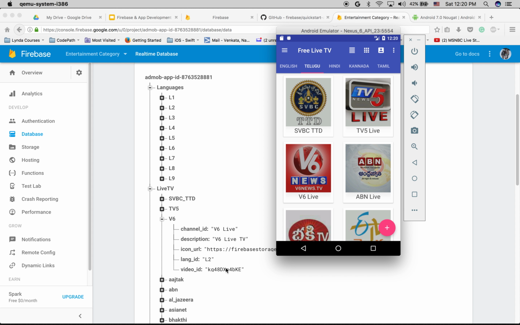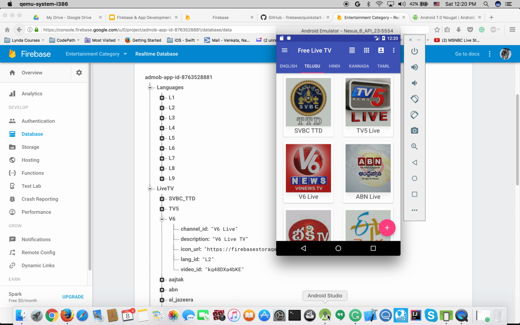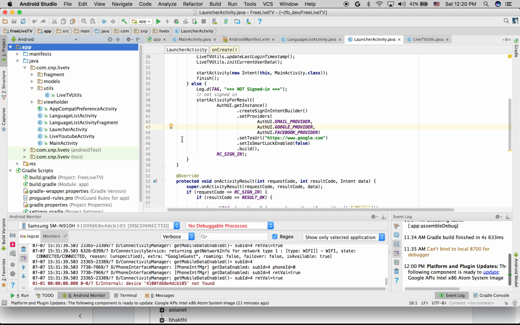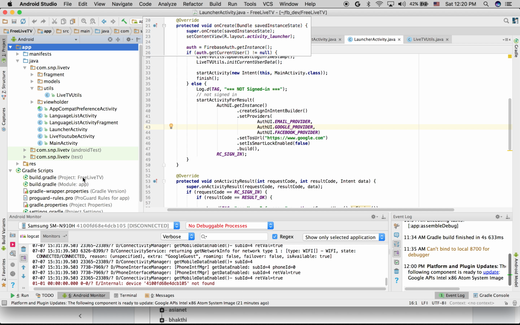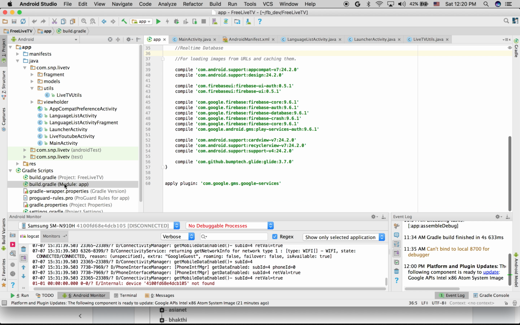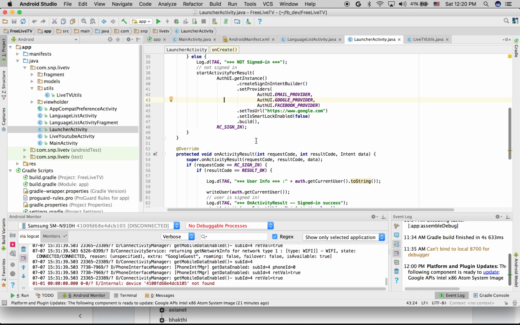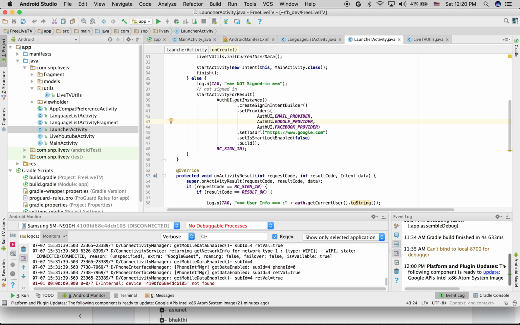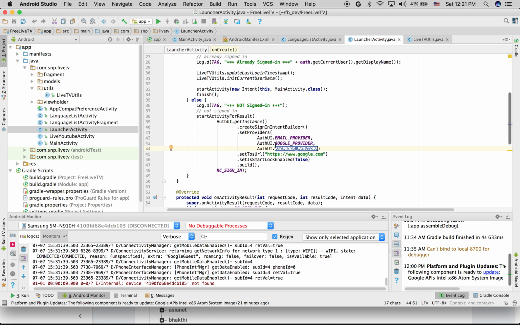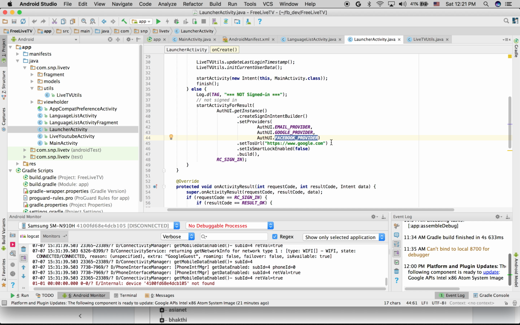Okay, so let me show you very quickly one set of code for authentication. For example, I integrated the real-time database, and these are the dependencies. Okay, and if you go to the launcher application, there's one API where I'm saying, okay, Firebase, I want to select email, Google, Facebook. These are the authentications I want to show my user. That's it. So it's going to show these authentication details there, as I showed in the live demo.